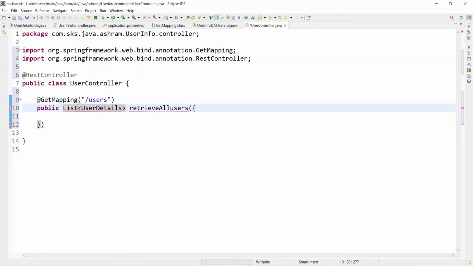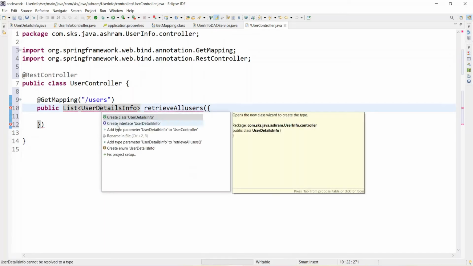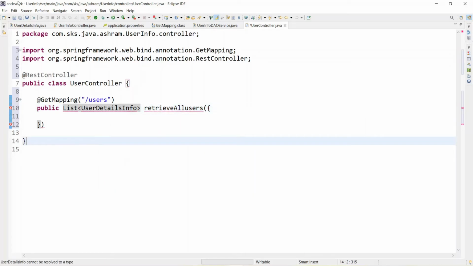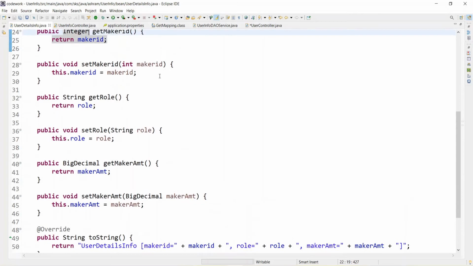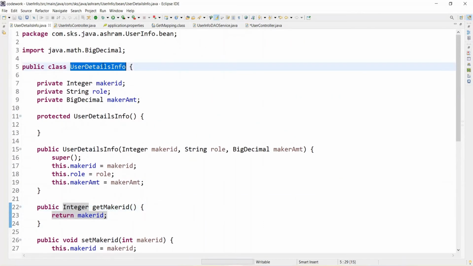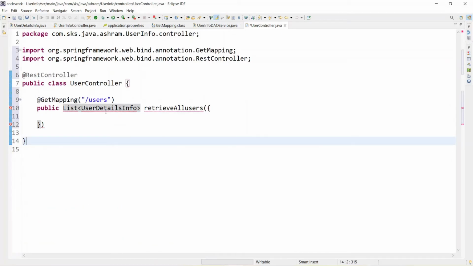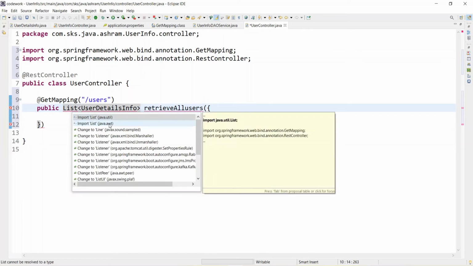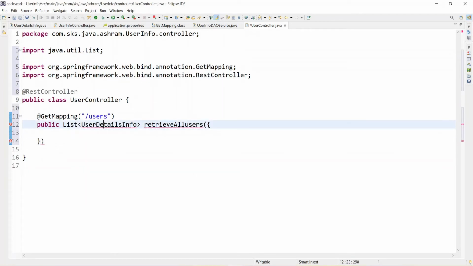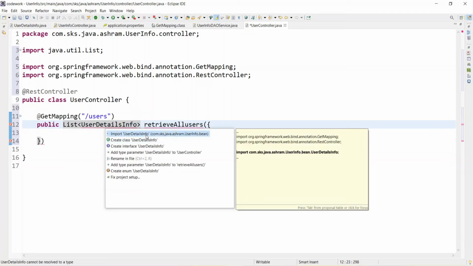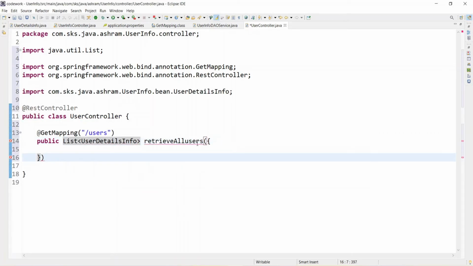Take this with Control 1, copy this exact spelling with Control C, go to the user controller, Control V, Control 1, import util, Control 1, import user details info.